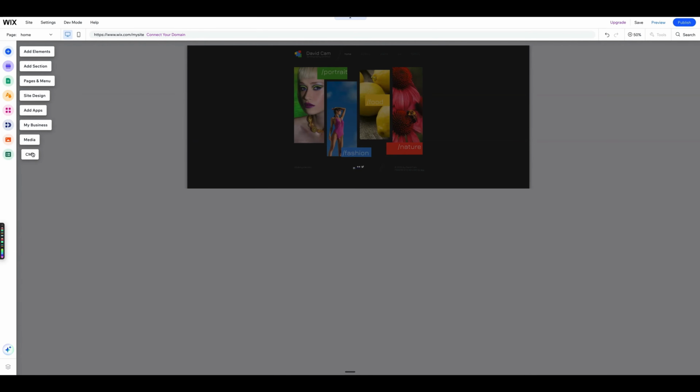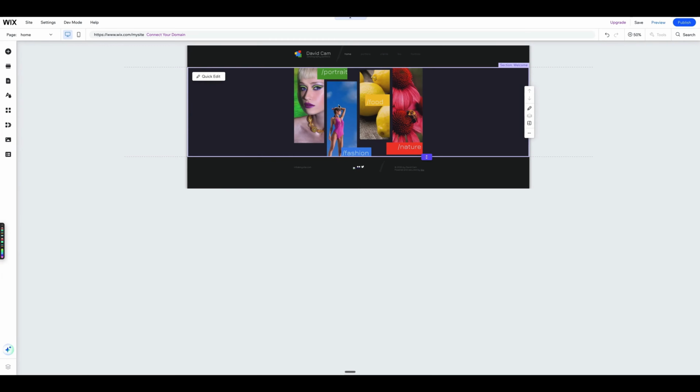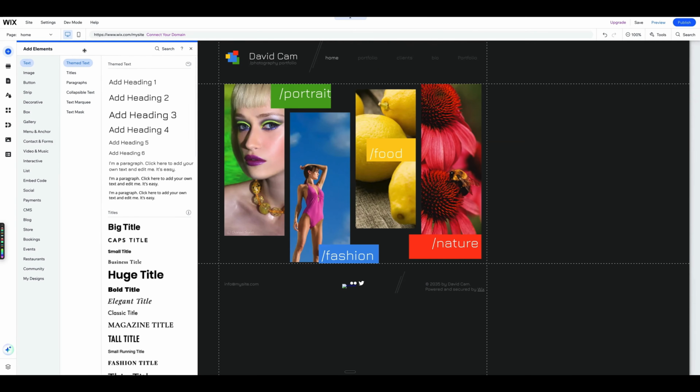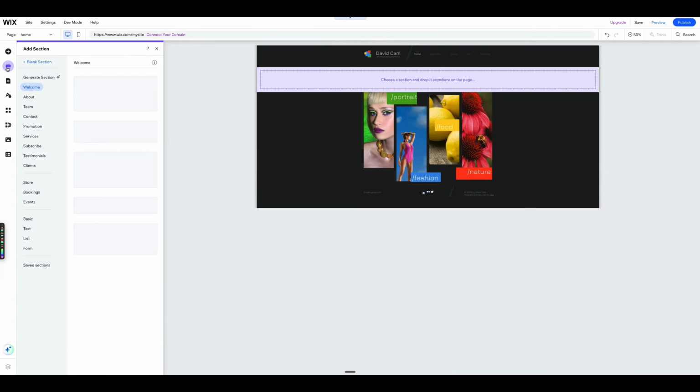And if you have specific blogs that you want to post, this is where you would set up your CMS system for your blog. Your website preview is in the center. You can click in there and that will make everything active. So if we click on Add Element, you'll see this box pop up. These are all your different text elements. If we click on this, we'll see the different sections that you can add. You can add welcome sections,